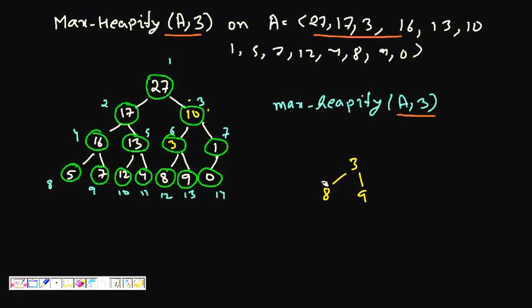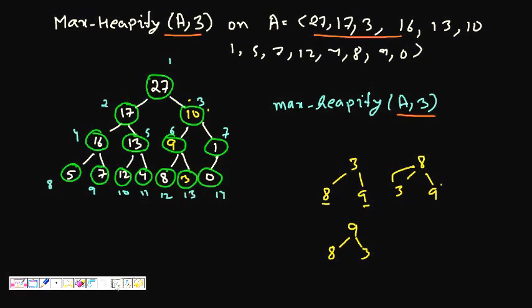Why do we swap with the maximum among the children? Because if we swap with the minimum, it will be 8, 3 and 9. With this the max heap is followed for 3 and 9, but with 8 and 9 it is still not followed. Hence if we do it with the maximum, then it is 9, 8 and 3, so the max heap is satisfied. So we swap 3 with the maximum, that is 9. So 9 comes here and 3 goes here. Now this is satisfied, and we don't need to call max heapify further because it has no children.